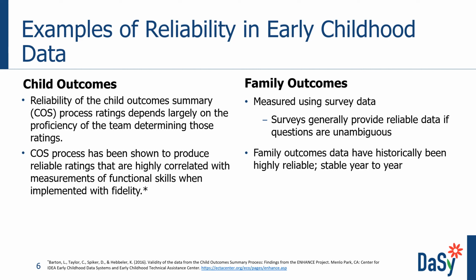The family outcomes are measured using survey data, where surveys generally provide reliable data as long as questions are unambiguous, for instance. Although we typically try to minimize the survey burden on responders, the drawback is that the fewer the items, the less reliable, or the greater number of items, the more reliable. This is because averaging over 3 response items will have more variance than averaging over more items. This is less of a concern for the family survey, but worth keeping in mind,